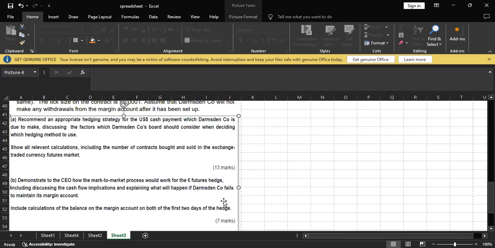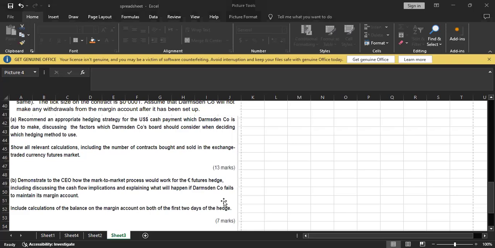So in this calculation, what is happening? Examiner is requiring from you people that you have to give the explanations on the topic of the mark to market as well. We have to define what is the mark to market process and how this process we are going to apply on this question. Okay. Now, guys, before I start doing the calculations,